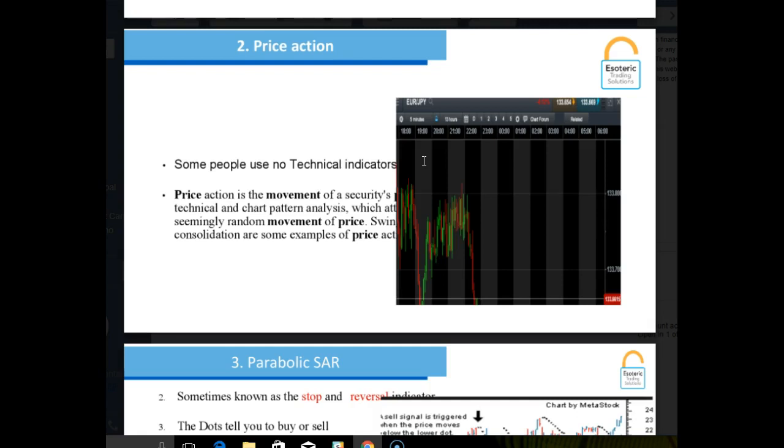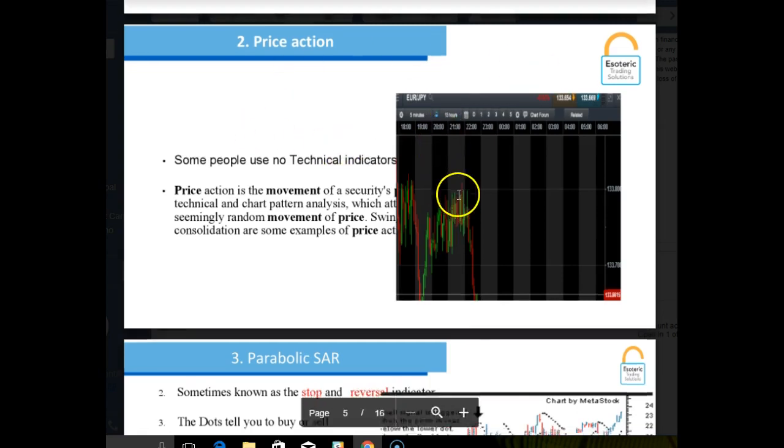Some people don't use any sort of indicators, and that's fine. I mean, some people just use price action. As you can see, it's going down and it's going down again. So that price action to me looks pretty negative, down, up and down, up, down. So again, some people don't use indicators, they just use price action, and that's fine.